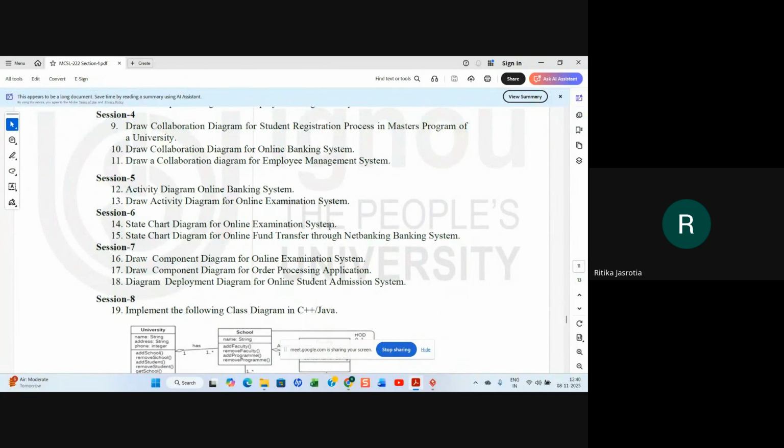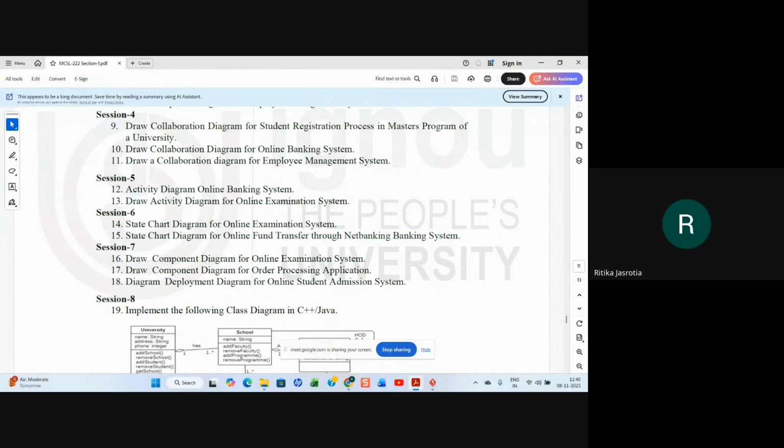After selecting the seat also, you have to make the payment. That I forgot. After selecting the seat, once this particular seat is available, you will make the payment for that exam, and you will appear for the exam, and then your result will be displayed. So this kind of a state change scenario you have to make in a state chart diagram.